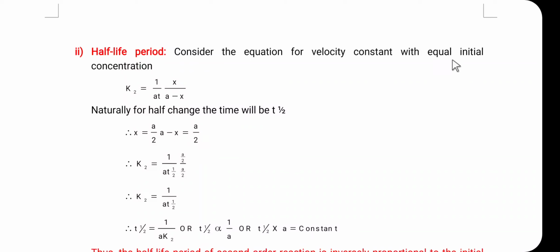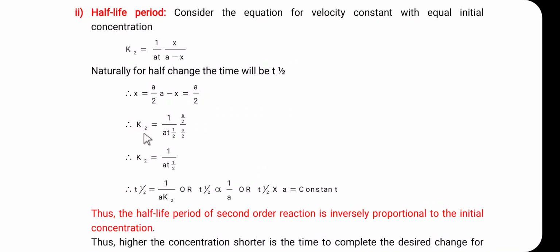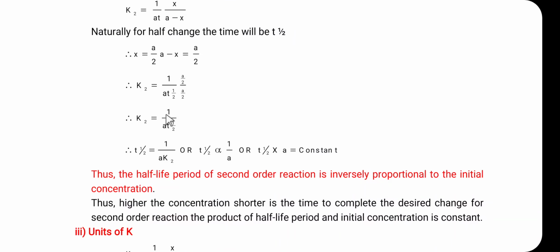velocity constant with the equal initial concentration, and the expression is k2 is equal to 1 upon a t into x upon a minus x. So substitute x is equal to a/2 and a minus x is equal to a/2. So this equation can be written as k2 is equal to 1 upon a t, 1 upon a into t1/2, a/2 divided by a/2. So this a/2 will be cancelled and k2 is equal to 1 upon a into t1/2, and